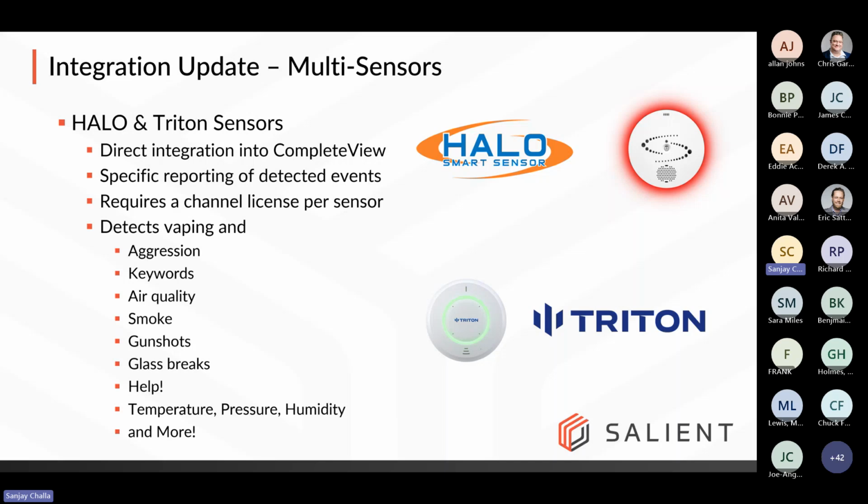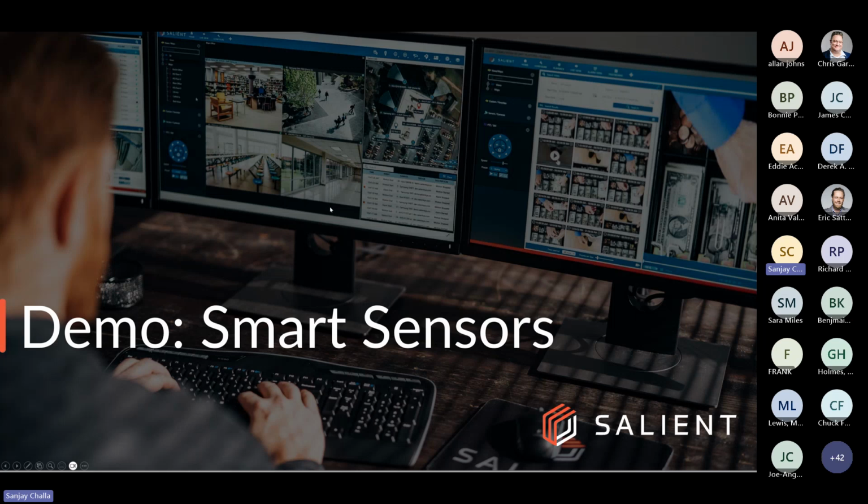They come in almost like a camera. In fact, they send us a feed that has their dashboard. And there's a lot that they can detect. So it's not just vaping. I know people often call them vape sensors, but these are really, truly smart sensors. And there's a ton of stuff that they detect besides vaping. I'm not going to read this whole list out. But what I am going to do is demonstrate how these things are integrated into CompleteView,